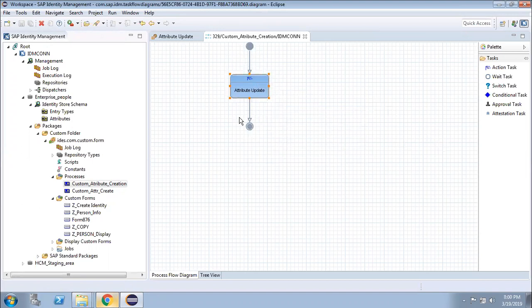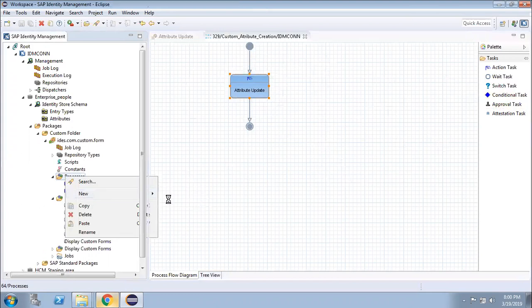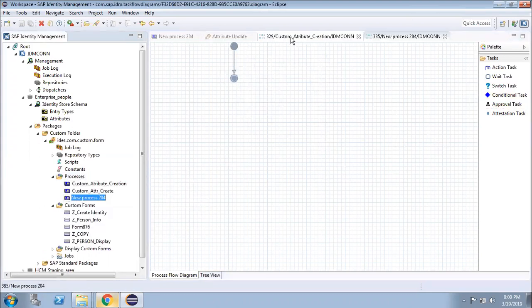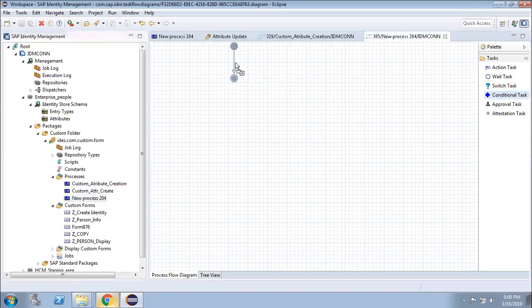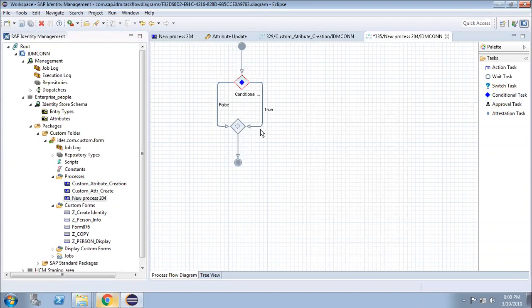Within the start node and end node, we can do multiple actions, multiple activities. This switch and condition will allow you to decide which way it will go. For example, let me create a new process. If I add a conditional task over here, there is a true option and there is a false option.